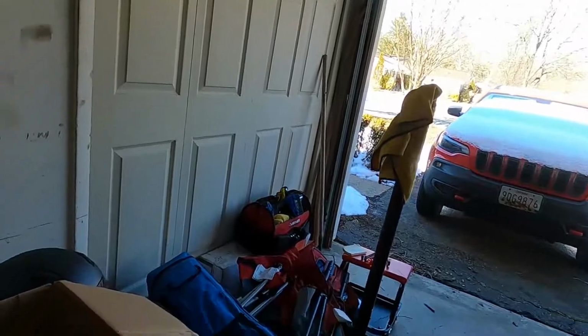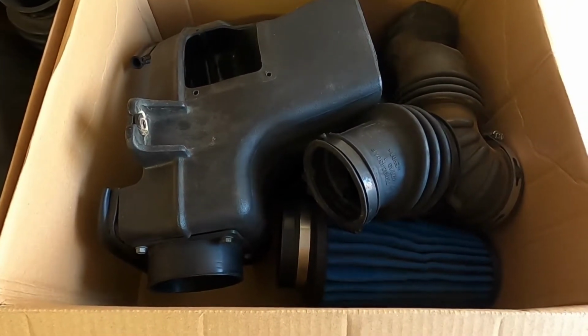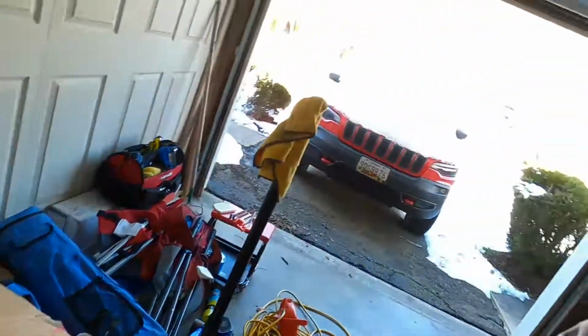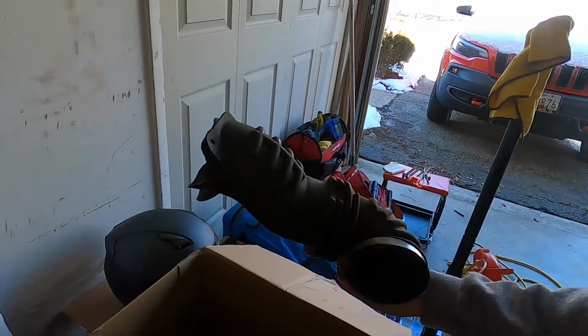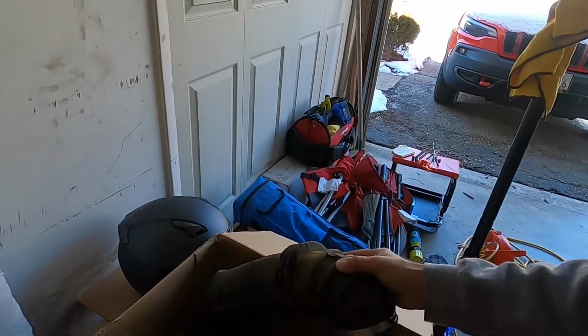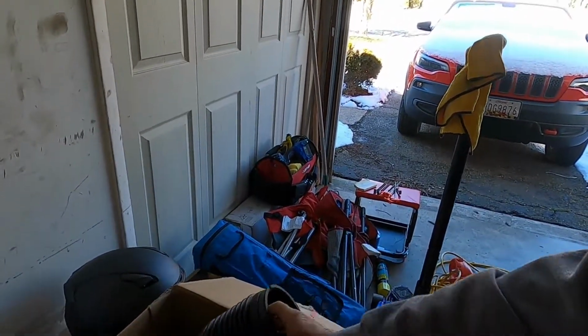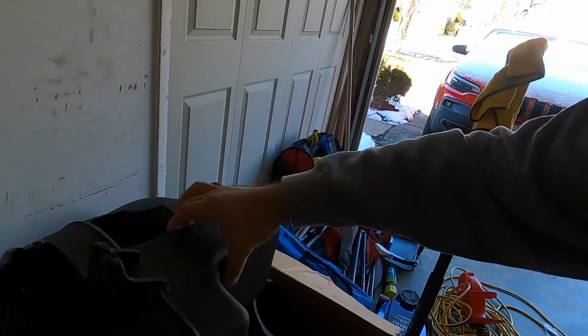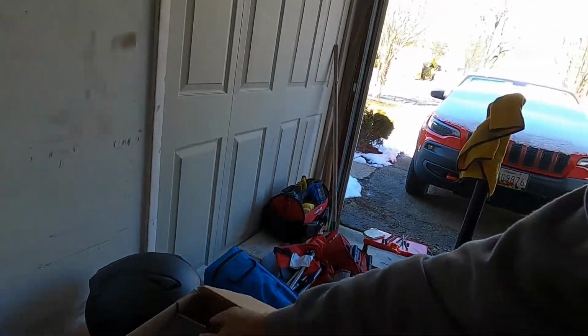All right, so next thing we got over here is the stock 5.7. I think these are on the 392s too. This is a Mopar cold air intake with a fairly new filter. I didn't run it too long, but it's got a fairly new filter on it. It comes with all the hosing. This actually goes into the shaker portion, but then here's the piece that goes from there into the throttle body. It's all in here, along with the snout that goes to the headlight. So anyone looking for that stock